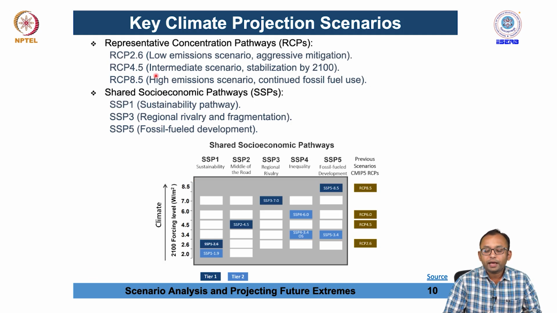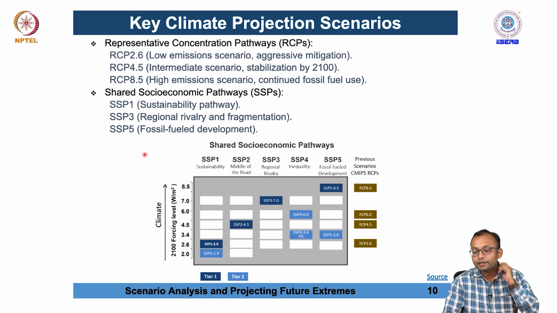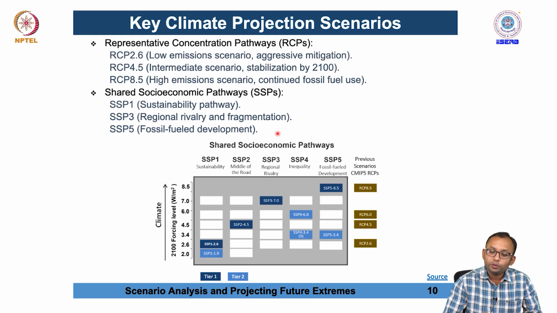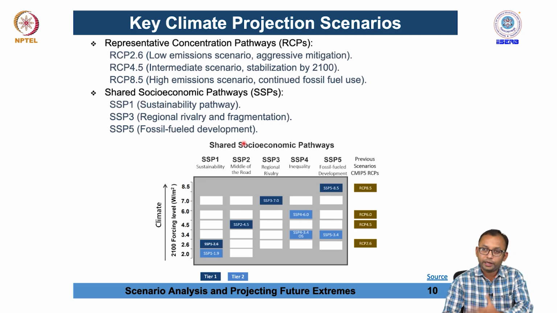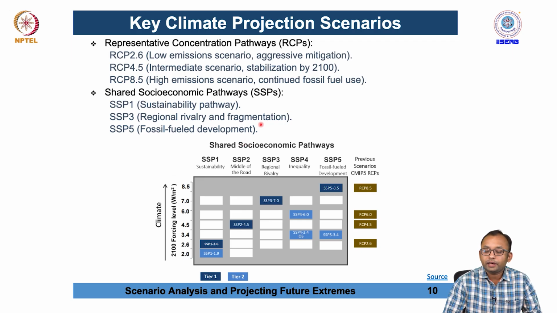Therefore, we use different types of scenario assessment. This is called RCP 2.6, the low emission scenario; RCP 4.5, the intermediate scenario; and RCP 8.5, the high emission scenario. Or we can also use the CMIP6-based shared socioeconomic pathways, which are SSP 1, 3, 4, 5 and so on. Here we can include the socioeconomic development or progress of the whole world and take that into account, and then develop scenarios for different conditions.